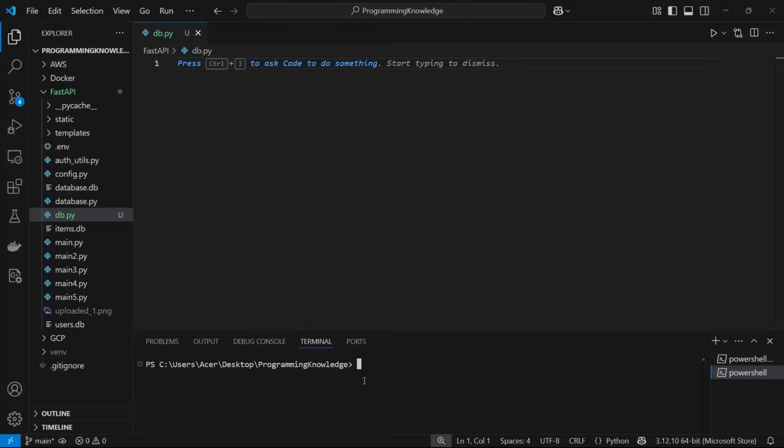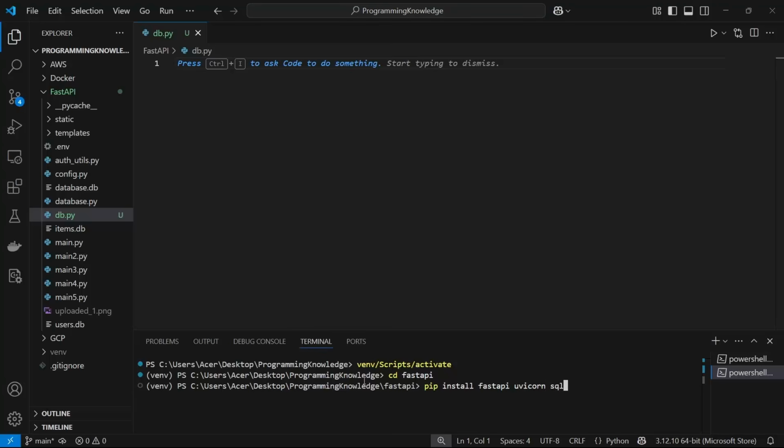So let me just show you how it works. First of all, I'm going to enter inside my directory. First of all, I'll just activate my virtual environment. And now I can enter inside my directory, and now I can install the requirements. So first of all, I can install FastAPI, then Uvicorn, SQLAlchemy, because I'm going to use